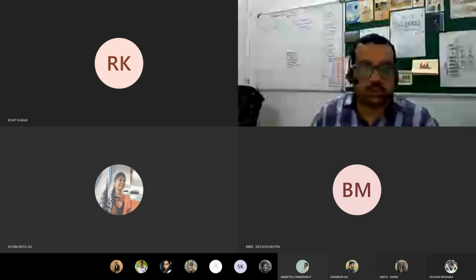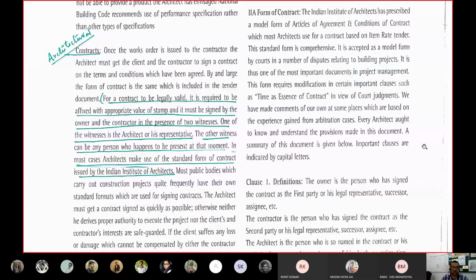Okay, so today we will start with the last slide of the previous class, which was contract document, that what all things should be there in the agreement documents. So for this, particularly for architectural construction projects, I have taken this handout where all the clauses are given, which are also found in any architecture and construction management books. Any books on building construction and project management, these contract clauses are all given.